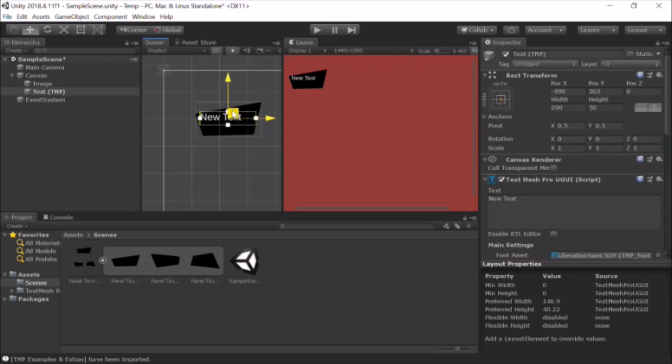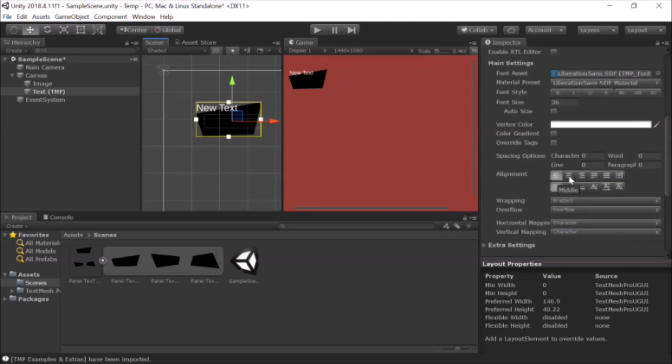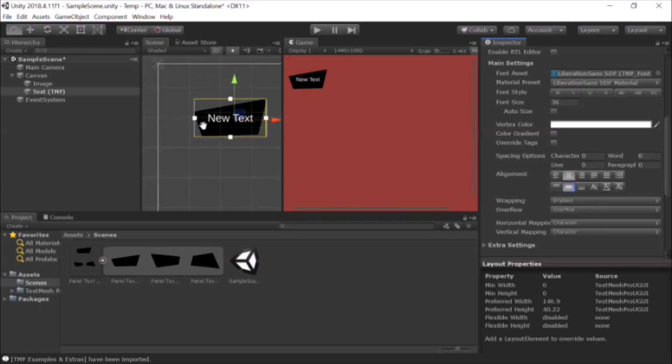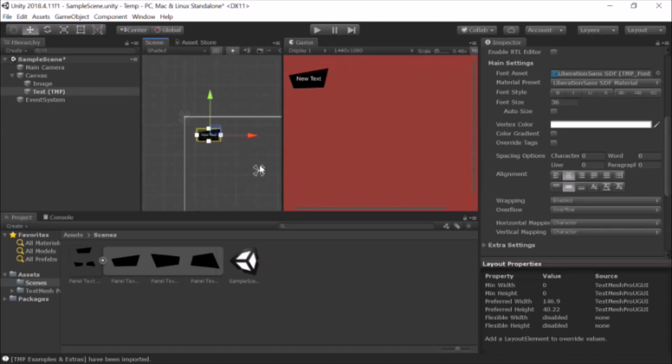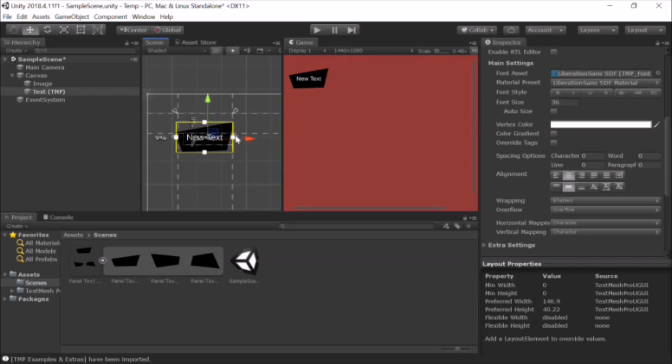Okay. Let's set the alignment to middle. Okay, so now anchor it around this text box. Okay, I forgot, like if you